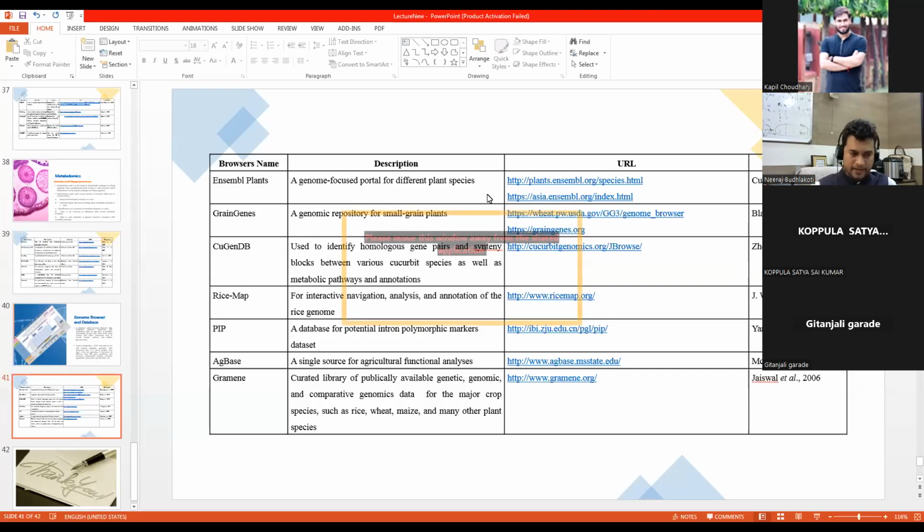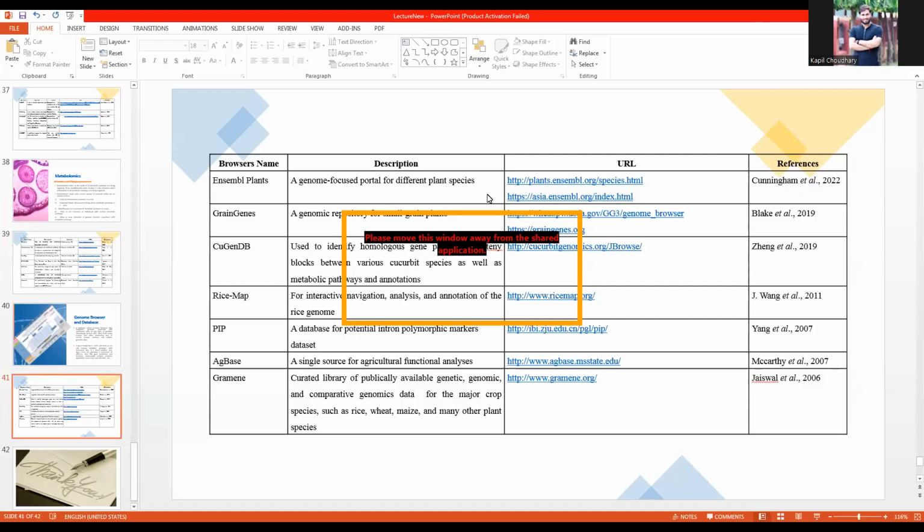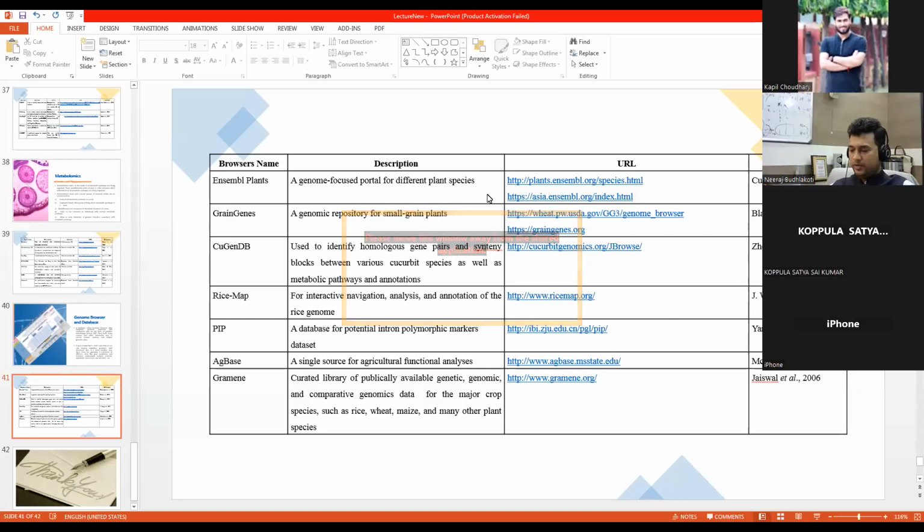Now what I have planned: because most of you are biologists, you have gone through the very important resource called NCBI. So we will explore NCBI. Somebody has asked what is Gene Expression Omnibus. We will see all those things: how we can download the genome data, how we can download the assembly data, how we can get the sequence information, genes, everything, using NCBI.